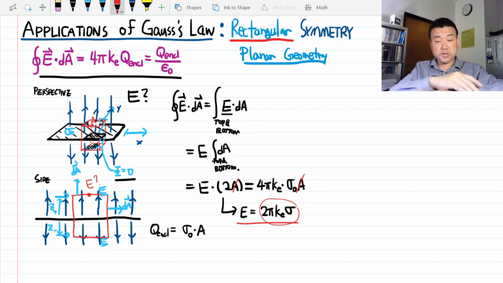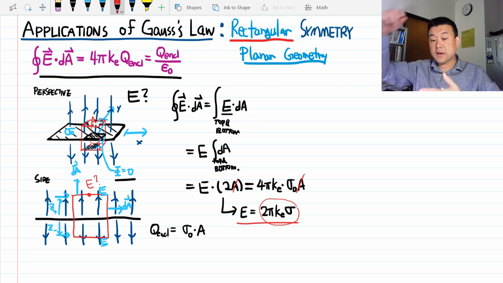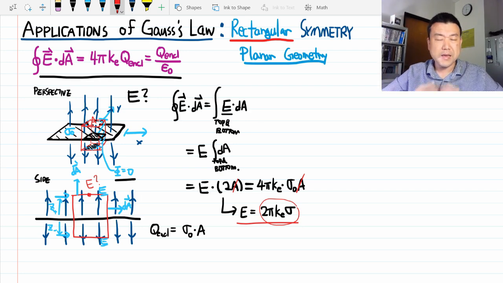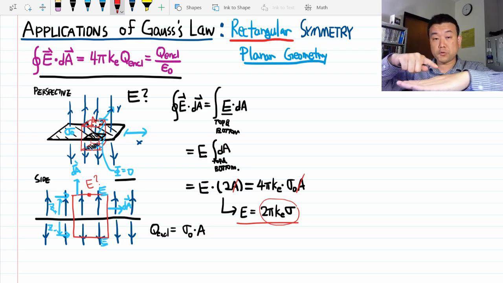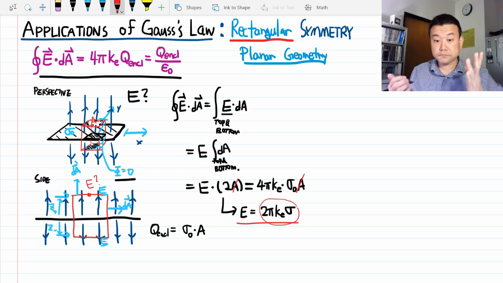If the plane is truly infinite, then you can be as far away from the plane as you want, and electric field won't change. In practice, what this means is, as long as you are close enough to the plane to be able to consider the plane as if being infinite, the small amount of distance change doesn't change your electric field. You need to be far enough away that you can no longer consider the plane to be infinite. So that's the result. In the version with the permittivity of free space, epsilon naught, this would be sigma over